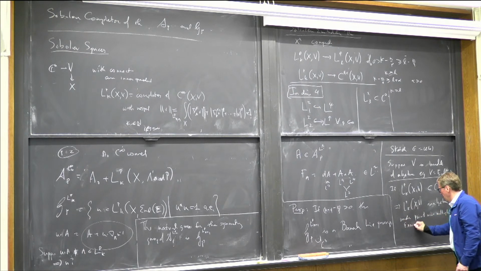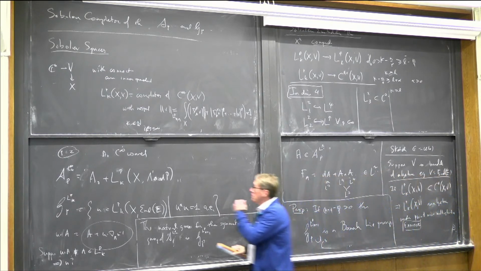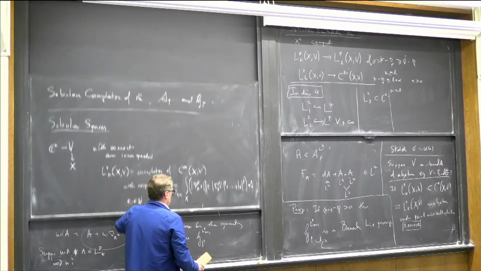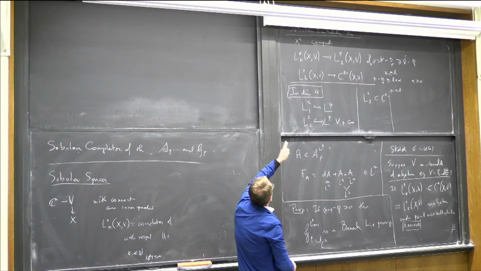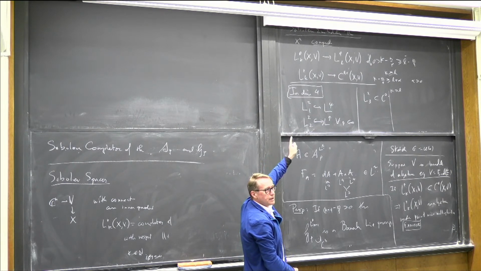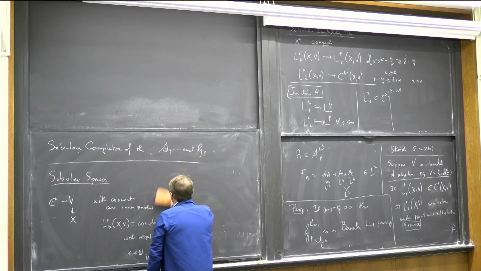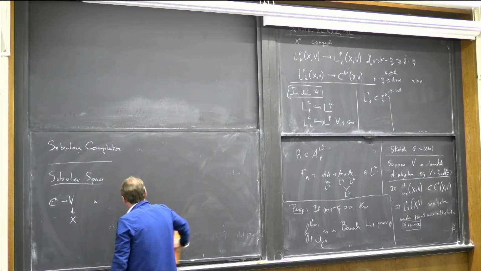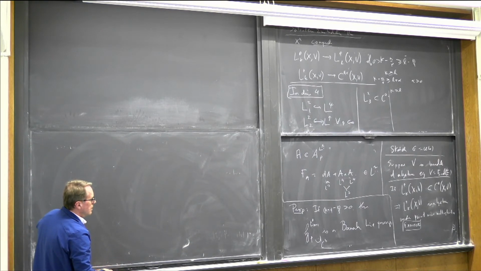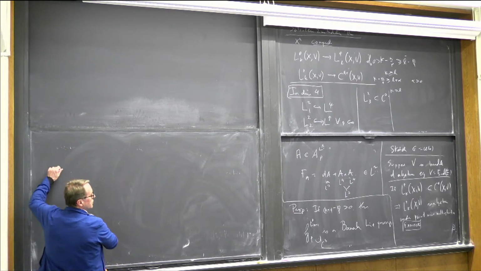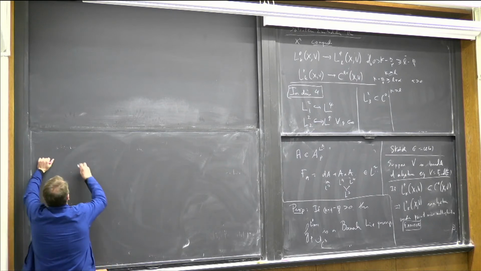That's an exercise. But once we know that, X was compact. Still compact. That's good. So what we want to do is, for this unitary group, we're going to look at